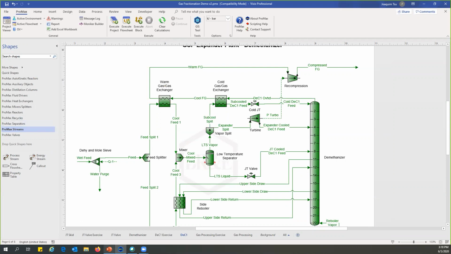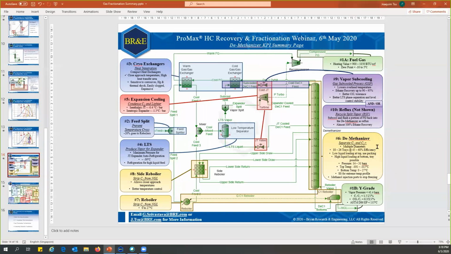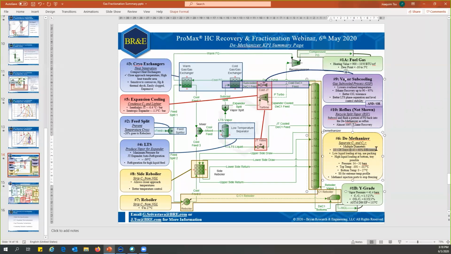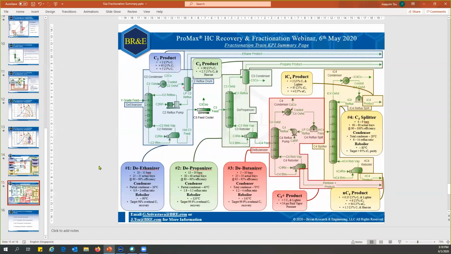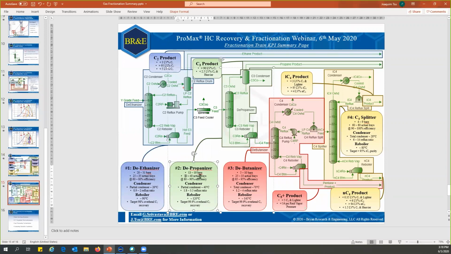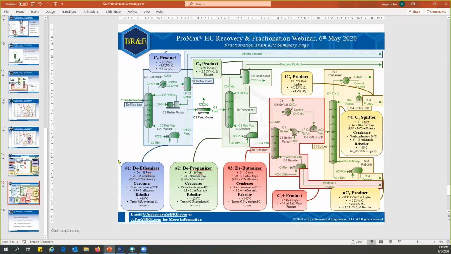Tray efficiencies and number of trays, as I mentioned, are all listed in the document. You will receive this after the webinar has concluded. For example, this demethanizer is just right here, 18 to 26 trays, 45% to 60% efficiency. Obviously, these vary from plant to plant, and if you have a plant, we can fit them for you. Over here, the deethanizer, etc., you can see the number of trays as well as the efficiency is all listed neatly in these boxes over here. We'll also be posting these into